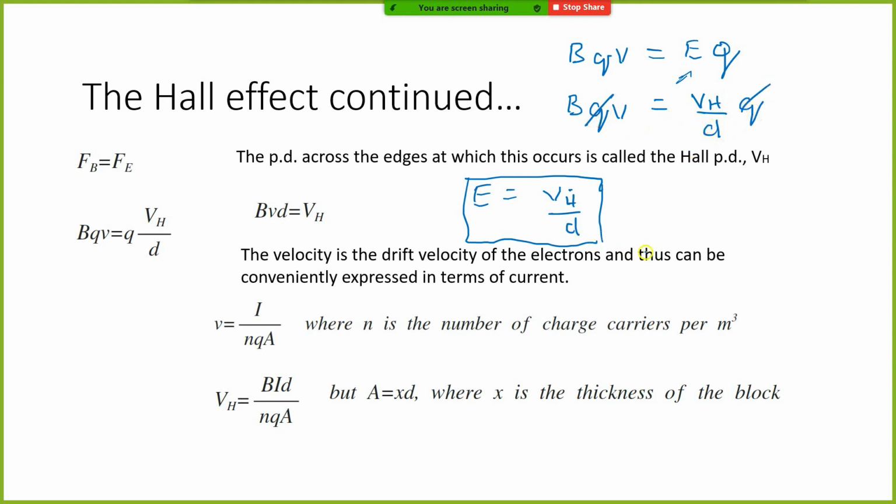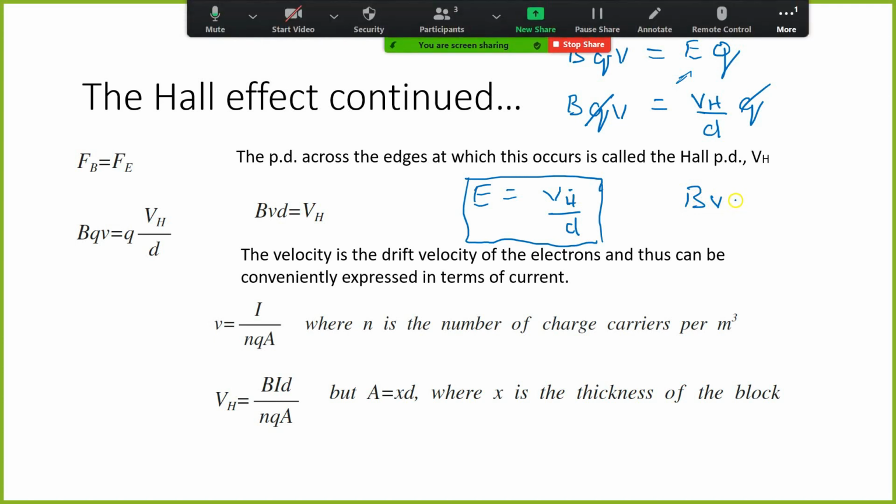So at the end of the day, our Hall's voltage is going to equal B times the velocity times the